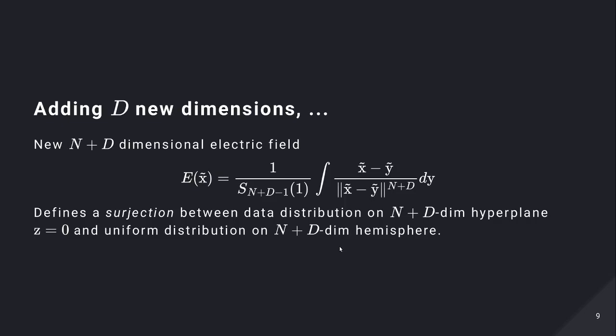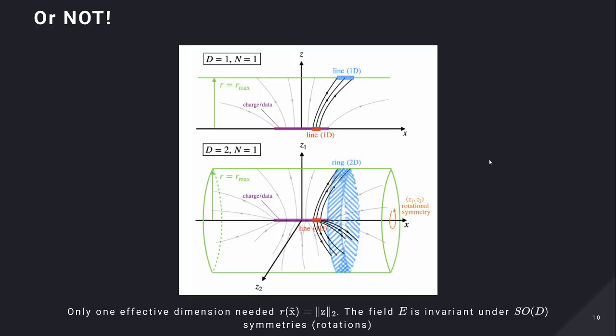And it's a bit of a problem because it's a surjection, you do not get a map straight from your data distribution to the n plus d hypersphere, but luckily, and this is much easier with this figure here. Remember that when you have your distribution on the hypersphere, you can always project onto some hyperplane at some maximum distance, and that's equivalent. And if you look at it this way, basically the electric field E that you're trying to learn is invariant under rotations. So imagine that this is my projected hyperplane for PFGM,